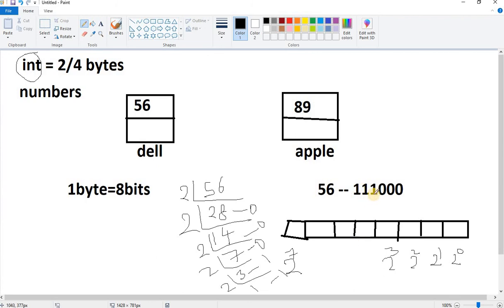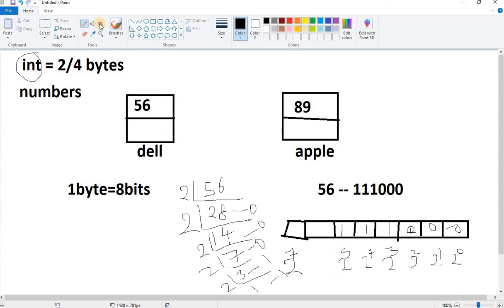And the value which you received after converting is 111000. So what I will do here is give that numbering inside these memory locations: 1 1 1 0 0 0. So this is 2 to the power of 4, this is 2 to the power of 5, and now this is the value which is saved inside del.